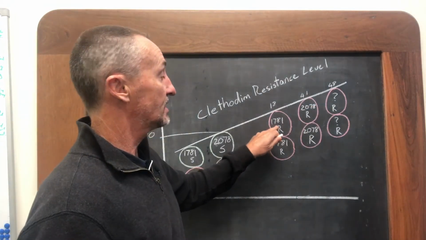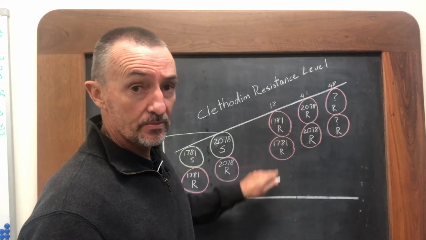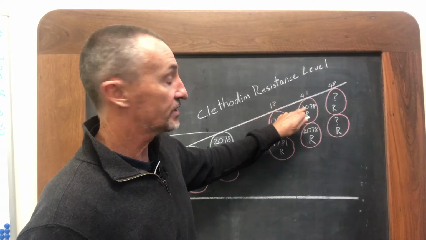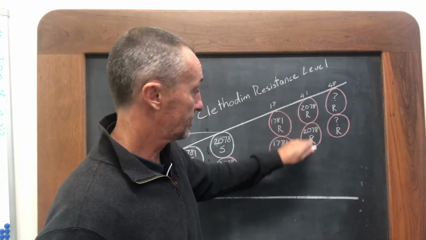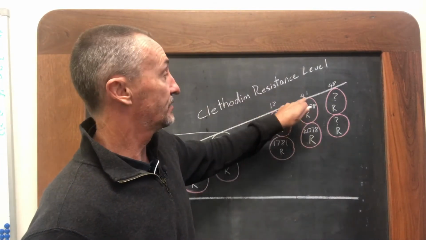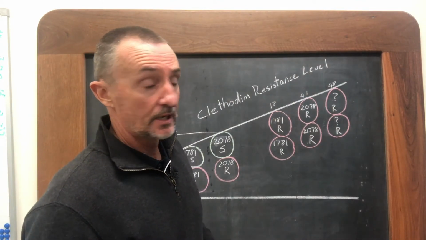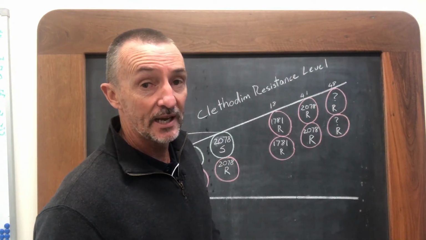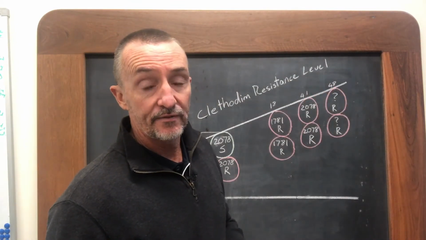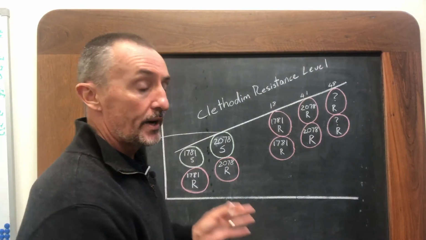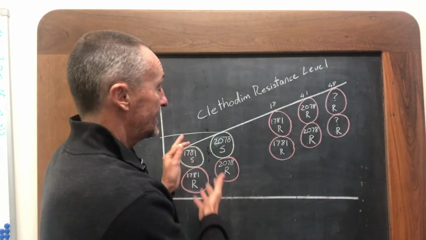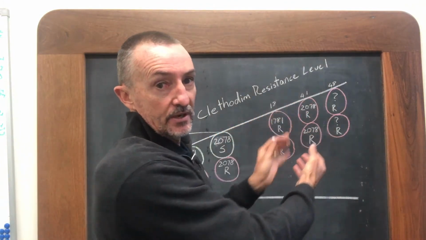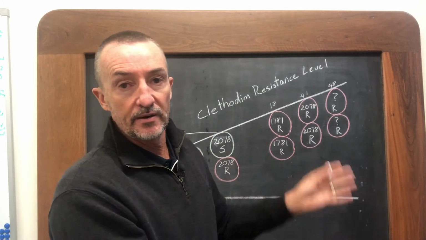If we have a 1781 mutation that is homozygous, that is 18-fold resistant to clethodim. If we have a 2078 mutation that is homozygous, it is 41-fold resistant to clethodim. And this here is actually the 2088 mutation, which is an even higher level, 48-fold resistance to clethodim. So what happens if we use those dims and dens in that cereal phase? We can create these heterozygotes, they cross-pollinate and create some homozygotes, and they are priming the ryegrass to evolve